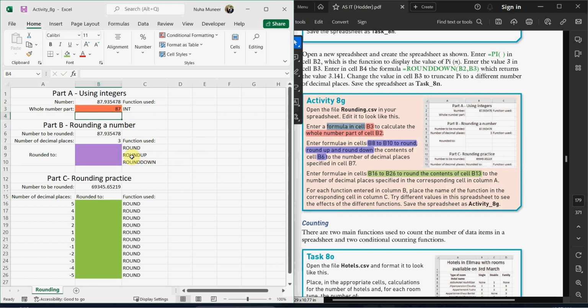The second one, we need to calculate the number over here and round it to 3, and then round it up to 3, and then round it down to 3. Okay, let's try to do it. So round the first number and then round it to this cell. That's the first answer. Second answer will be round up